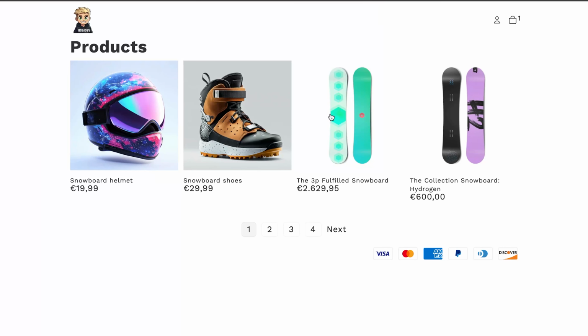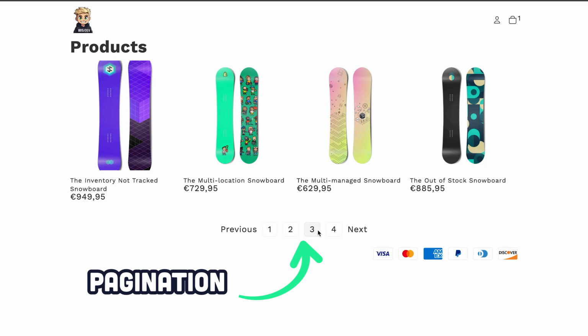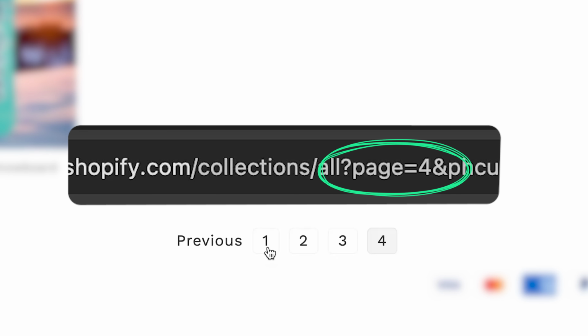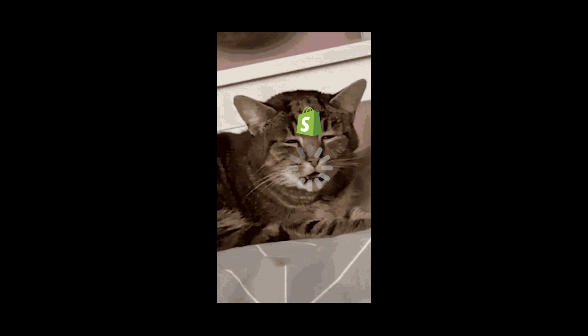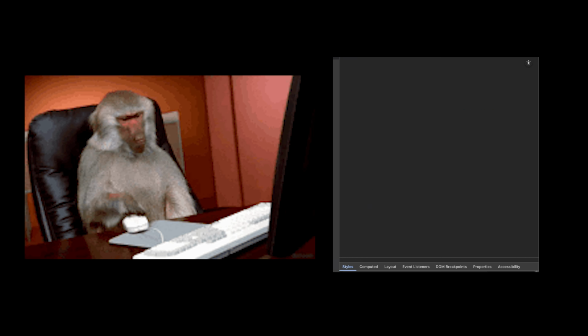Let me explain. Imagine this. You are on a collection page and the collection page has a pagination. So you can jump from page 1 to page 2 to page 3. These pages all have different URLs. So when you click a pagination button, you jump to that URL and basically reload the whole page. First of all, this takes time, and second, it's a huge performance issue because you are reloading the whole DOM